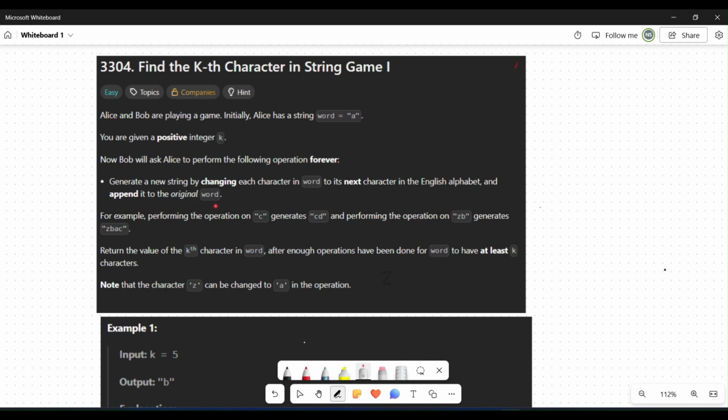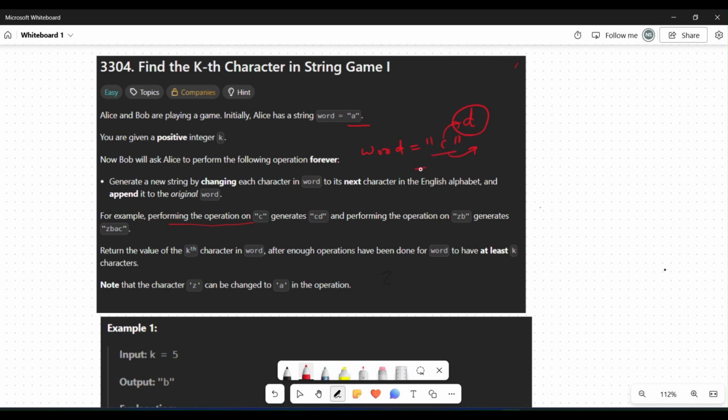Originally the word is A. For example, performing the operation on C: suppose the word is C. If we perform the operation, we have to add the next character of the original word. The next character of C is D, and we have to add this D to the original word.